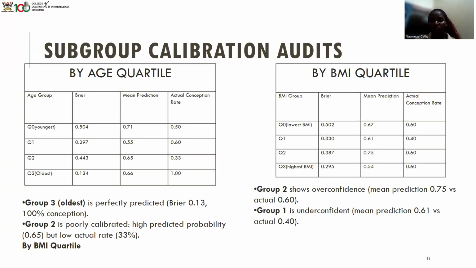Our model shows moderate performance during validation, but fails to generalize to unseen patients in the test set. This suggests it's learning some signal but overfitting to the training distribution. When we audit calibration across age and BMI quartiles, we see clear subgroup variation. Older patients are well predicted, while others show distorted probability estimates. This uneven calibration highlights the need for